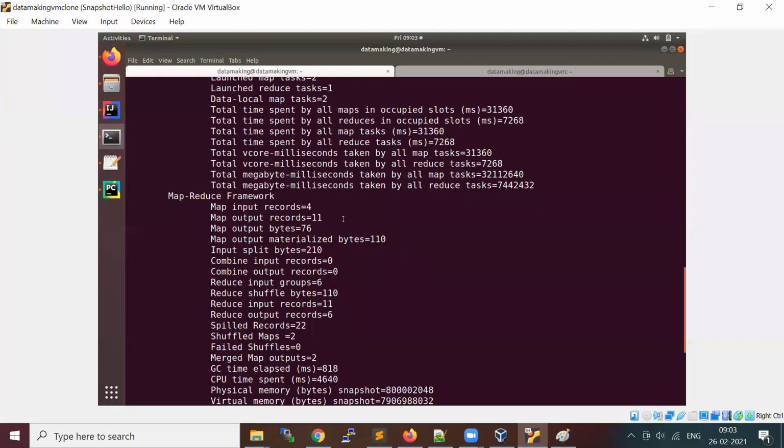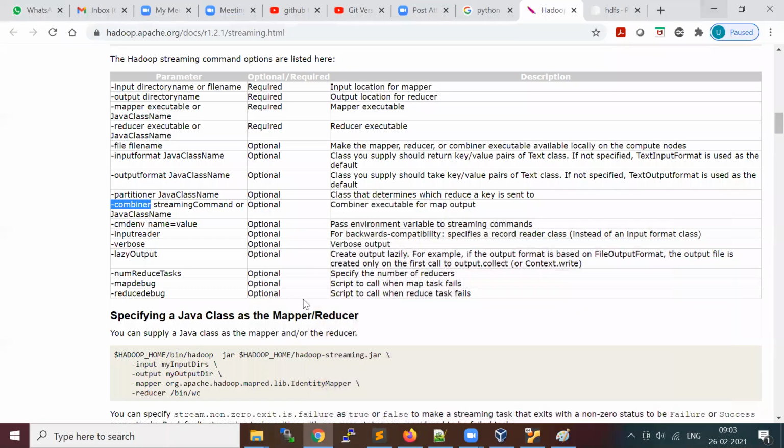Like we discussed yesterday, for map output, from 4 lines we generated 11 key value pairs, and in reduce you got 11 key value pairs as well. If you use the combiner with the same program, it will become 6 distinct key value pairs. So yes, we can do a combiner in Python, and even a partitioner can be done.